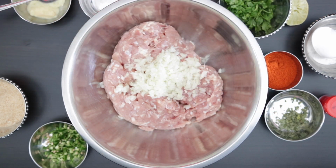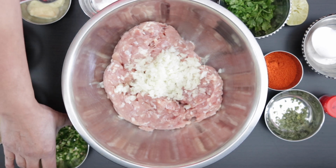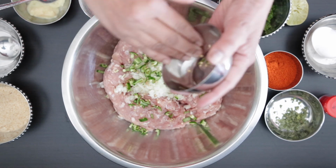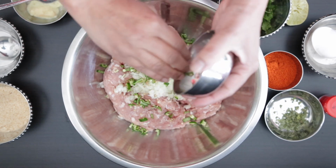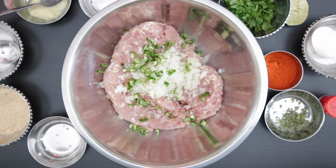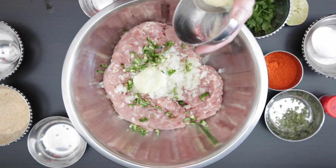To this, I'm going to add 3/4 of a cup of finely minced onion, 2 tablespoons of minced green chili. I'm using the bigger, non-spicy green chilies. You can use a bit less or more as you prefer. Next, I'm going to add 2 teaspoons of ginger and garlic paste,